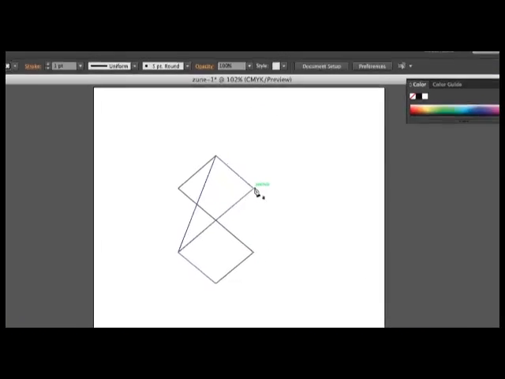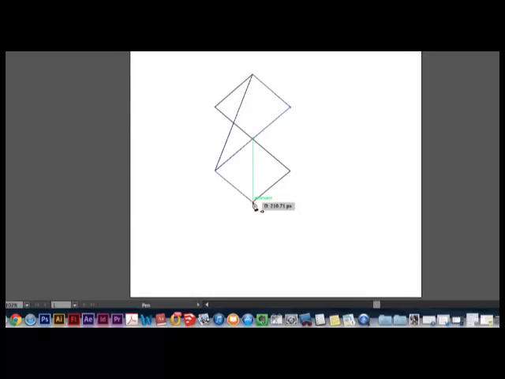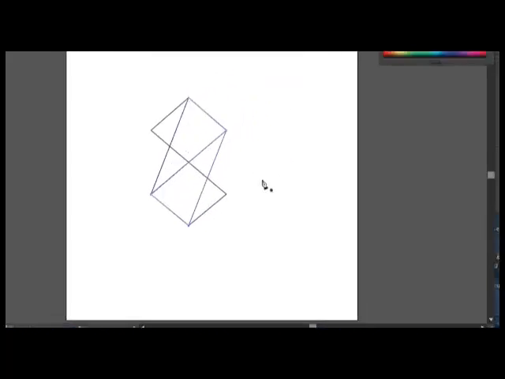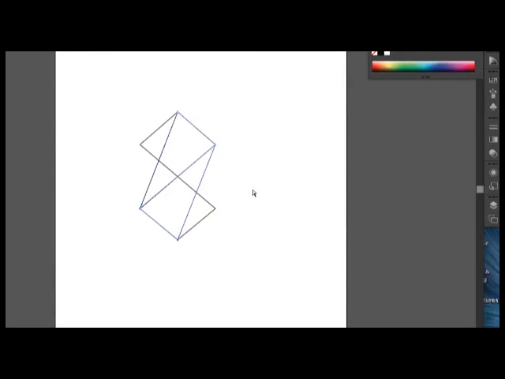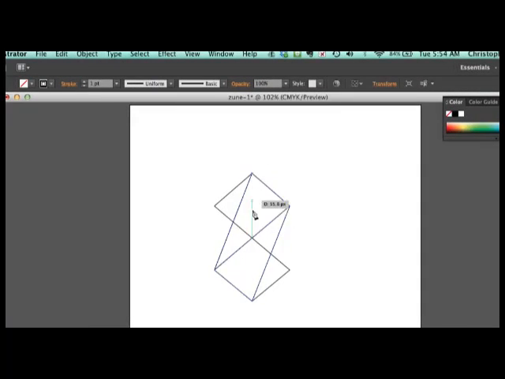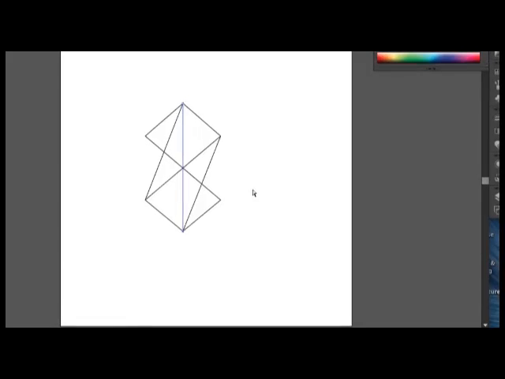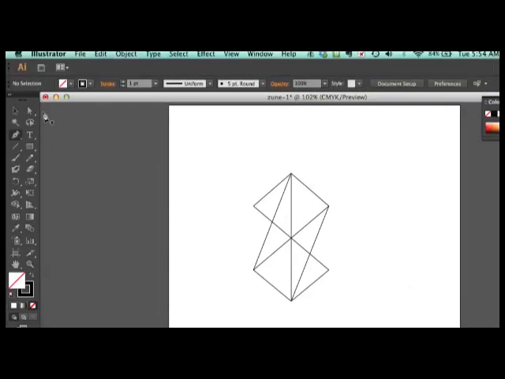I think I might try it from here first. Let's see what happens. I click once, click again, I've made my line. Perfect. Hold the Command key, click to deselect, and lastly there's this vertical line. There we are, hold the Command key, deselect. The next step